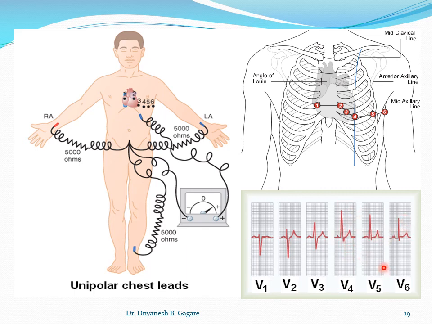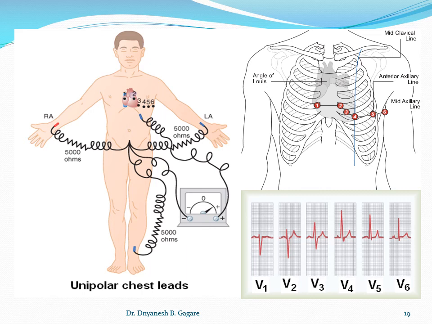Okay, now in our first lecture many times I told, so what decides the polarity of the wave, means whether the wave is positive or negative, how it is decided or how it comes. So what is exactly the point which decide the polarity? The point is the direction of the current flow, and direction of the current flow and the location of exploring electrode.